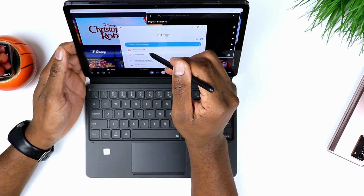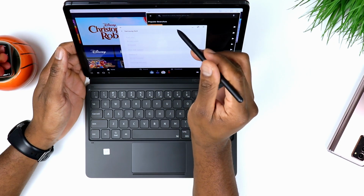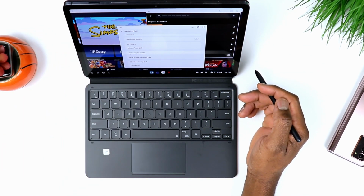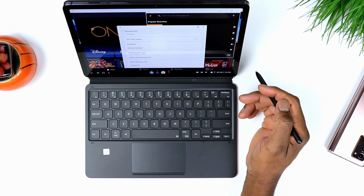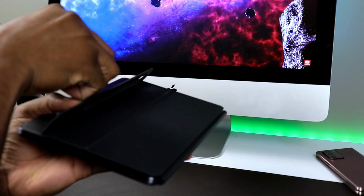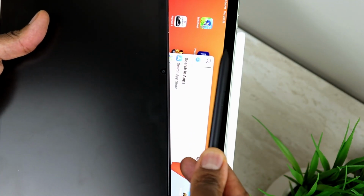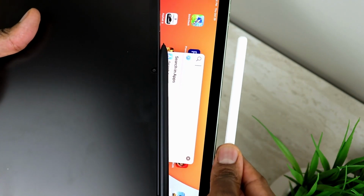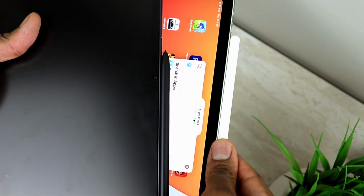In order to access remote capabilities, you would actually need to charge the pen. But otherwise, for the rest of the time, if you don't have it charged, even if it runs out of battery, you can still use it, but you just won't have access to remote capabilities. It attaches to the back of the tablet, and you can also attach it to the side. But as I mentioned earlier, the magnet is definitely weaker than that of the Apple Pencil and the iPad Air